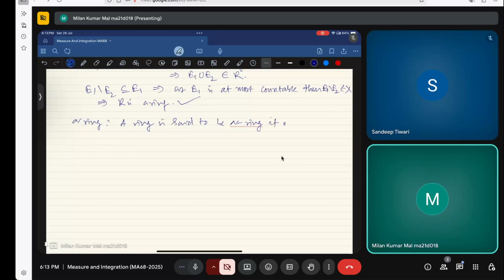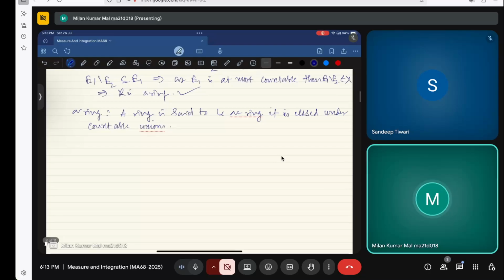Now if I take a countable collection of elements E_i, i equals 1 to infinity, from the collection R, then their union